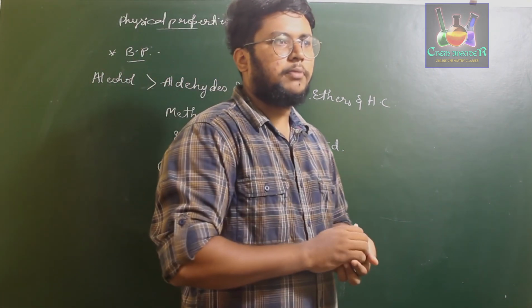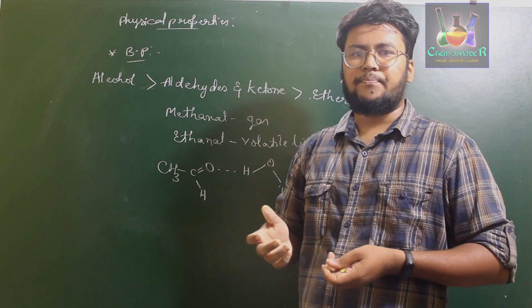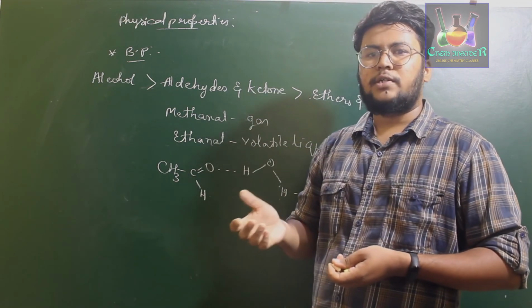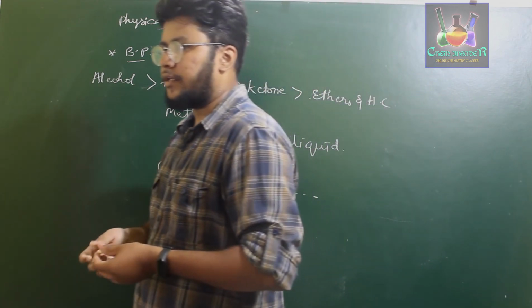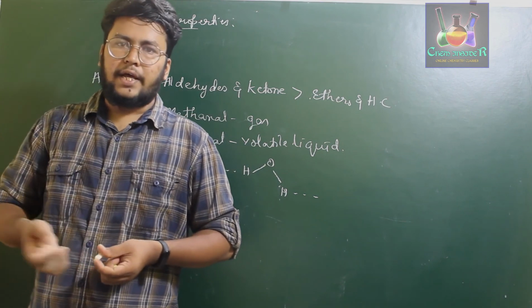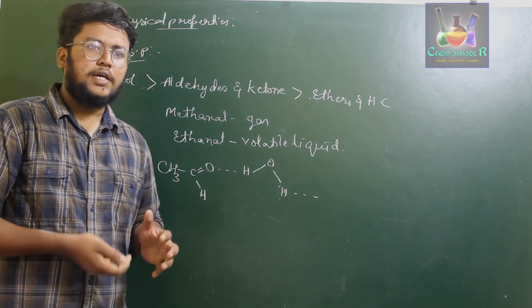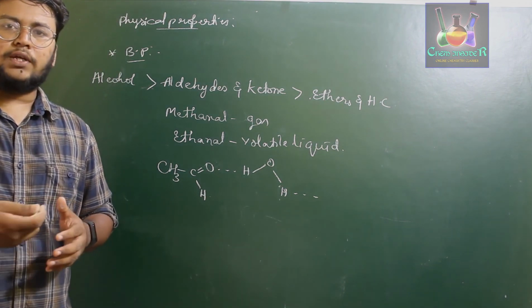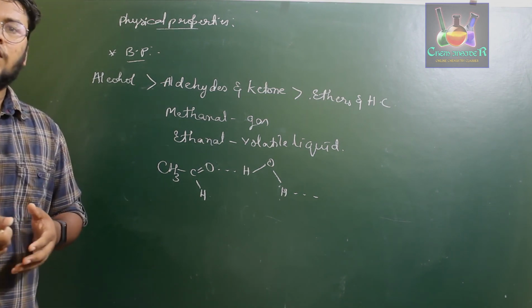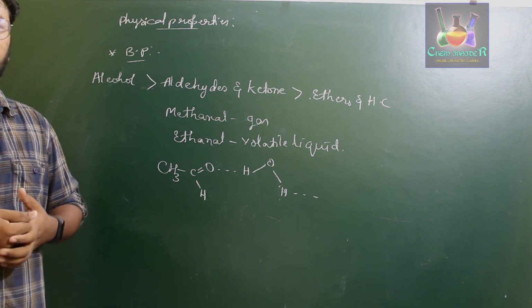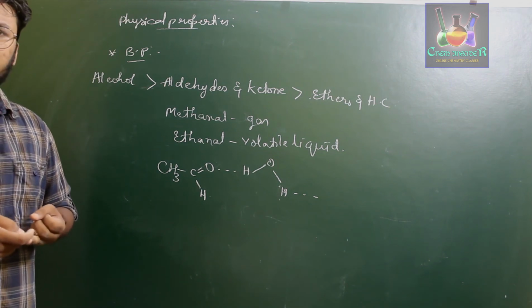And further, what we have to remember is that aldehydes and ketones are very good flavoring agents. That is because some of the aldehyde and ketone compounds have a very pleasant flavor. For example, vanillin is found in vanilla extract, and likewise salicylaldehyde and camphor. These aldehydes and ketones have very good smell and odor, which results in their use as flavoring agents. They are usually liquid in the normal state, and they have a pleasant odor, hence they are used in flavoring agents.